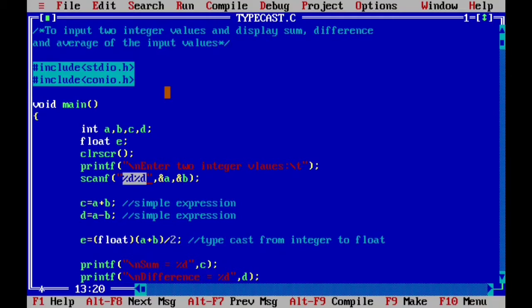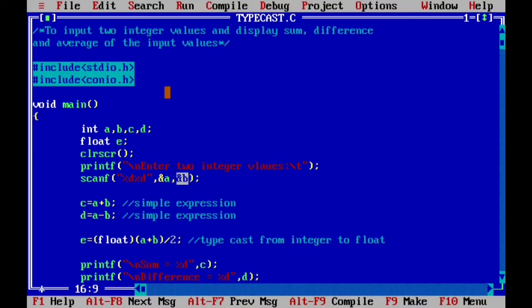There are 2 %d in the scanf because we wanted to input 2 integer values. That is why we have taken 2 %d, and A and B, right? Now the first value given will be assigned to A and the second value will be assigned to B. Now in this expression where we have written C is equal to A plus B, typecasting is not required here because we are taking two integer values and assigning to an integer variable only, right?